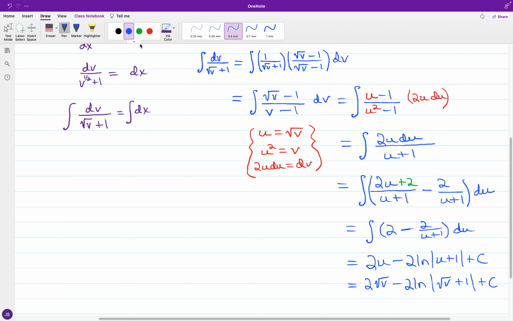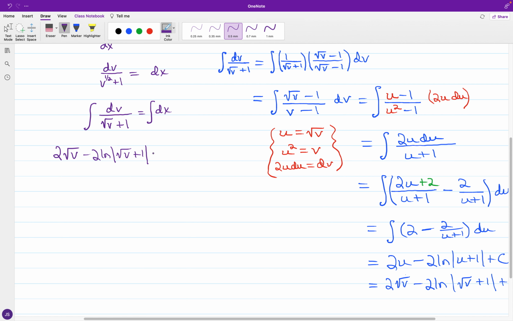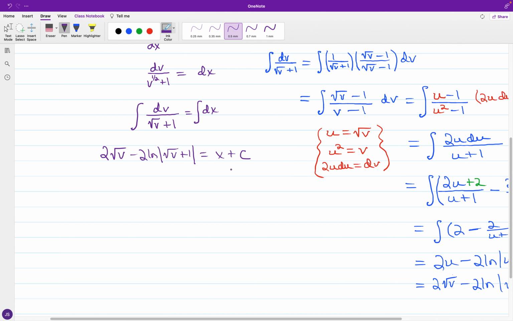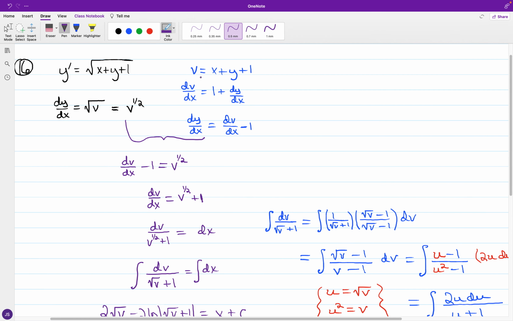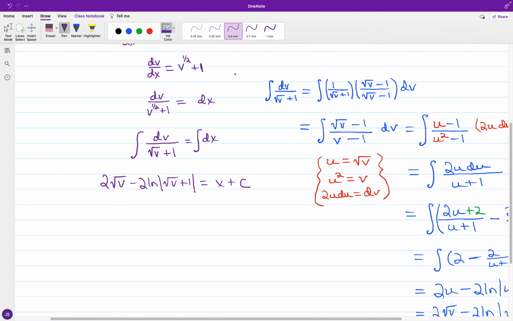So going back to our statement, on the left-hand side we have 2 times the square root of v minus 2 times the natural logarithm of the absolute value of the square root of v plus 1, and for the integral of dx, this will become x plus c. Putting back in, once again we had v to represent x plus y plus 1,